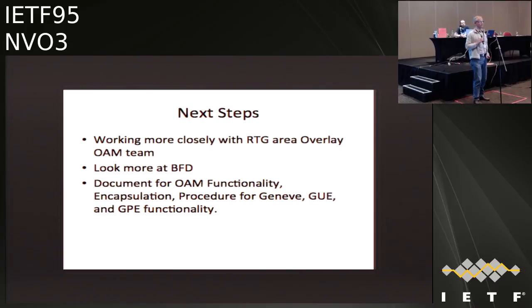But at the same time, yes, you're absolutely right. If you want, for example, to monitor standby paths, you need active methods because you don't have traffic there. If you have not sufficient load on a network, you need to create some active traffic